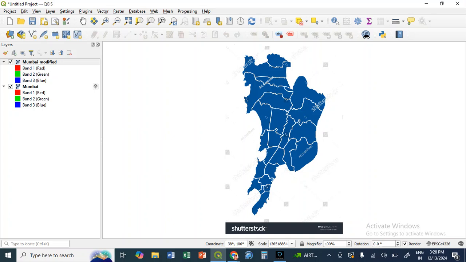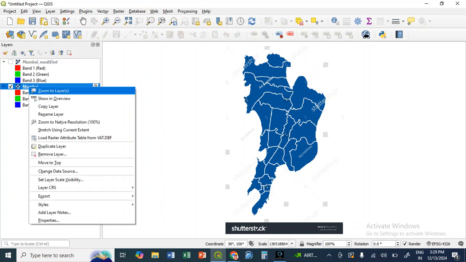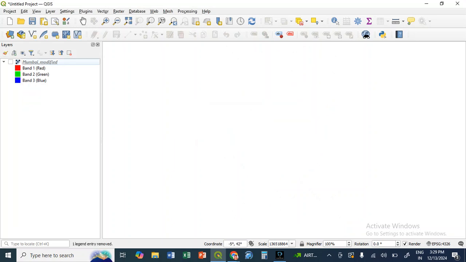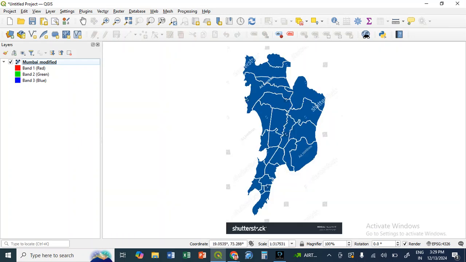Now you find there are two layers added here. One is the earlier one which we had added, and the second one is the modified one. So the earlier one we will right click and we will do remove layer, and the one that is modified we will add. But you cannot see the map. So you will click on zoom full and you can see the map. Now when you're moving your cursor here on the map, can you see your coordinates? These are the coordinates which you gave and they exist in reality.